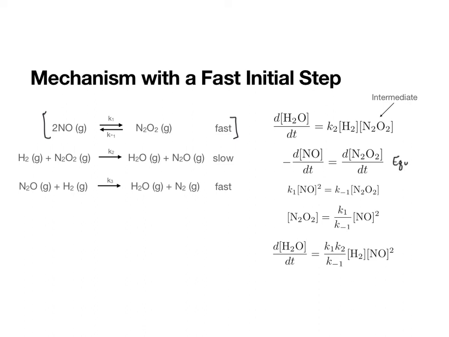This is our definition of equilibrium. And so we can change these rates into the expressions for the elementary steps, into the rate laws. And so we get k1 times the concentration of NO squared is equal to k minus 1 times the concentration of N2O2. And so all I did here was I rearranged